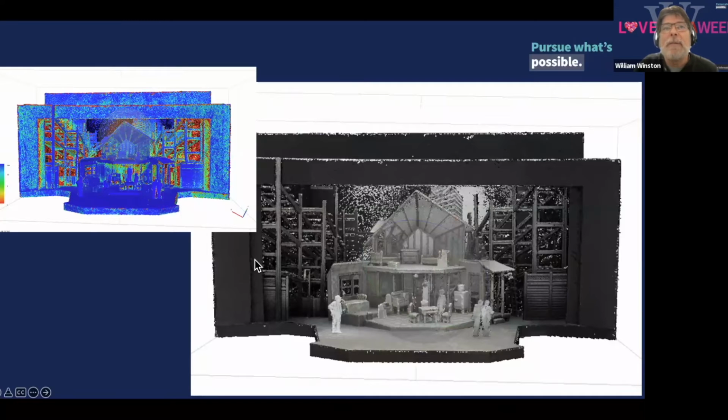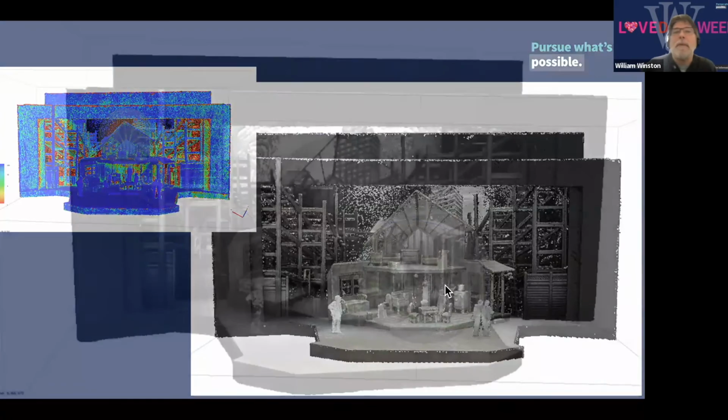And you can see we get a pretty good representation of the features on the stage, the little figures that are there, and then of course all the areas of the stage. Around the edges, you can see there's a bit of white and black speckling. That's from a bit of